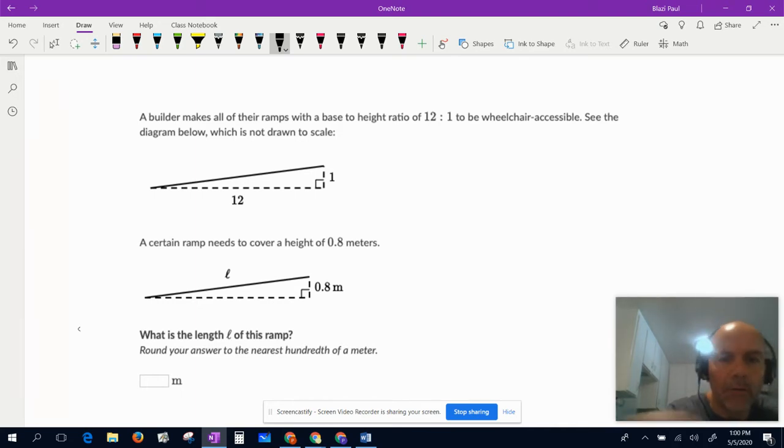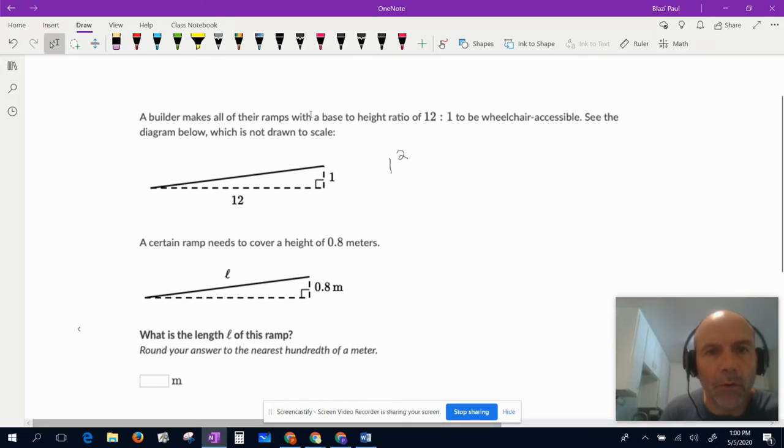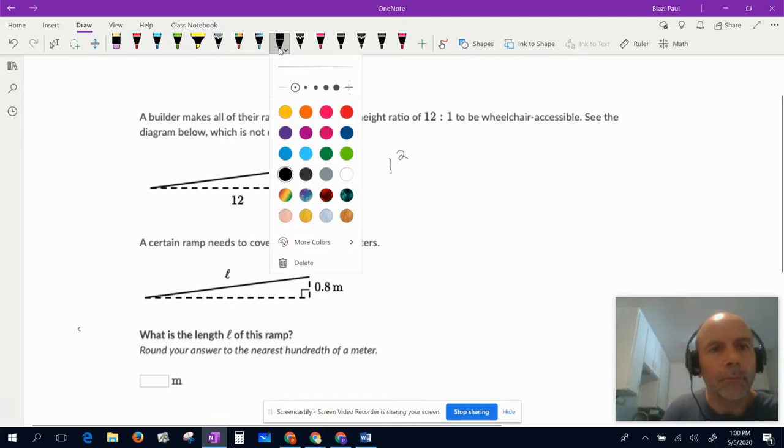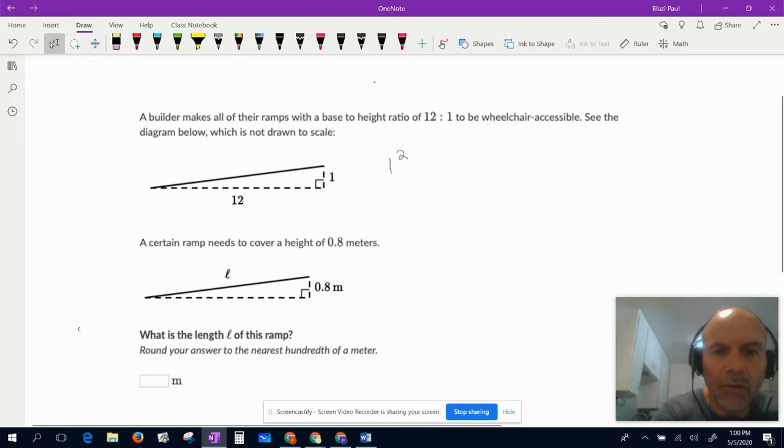Can I get any one of these triangles and solve for one of the missing legs? Well, on this one, I can, right? I can use the Pythagorean theorem on this one up here. So let's go ahead and do that. I'm going to slow down a little bit and try to write nice and neat here. So for this triangle, I'm going to get 1 squared plus 12 squared